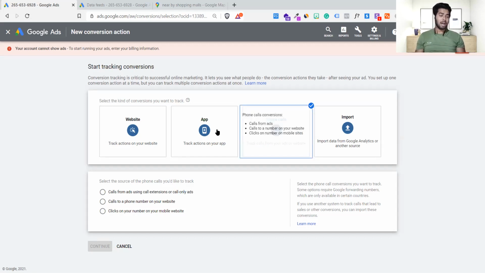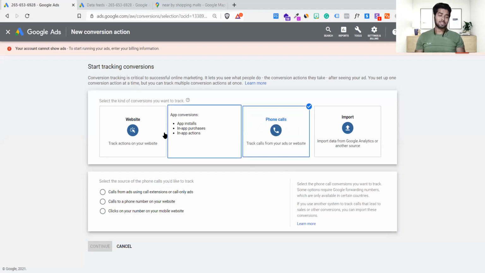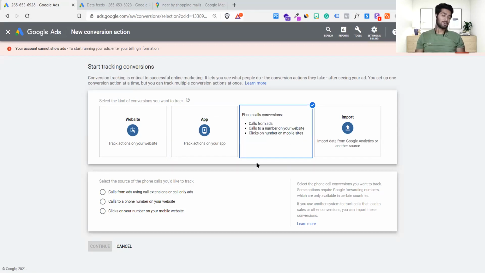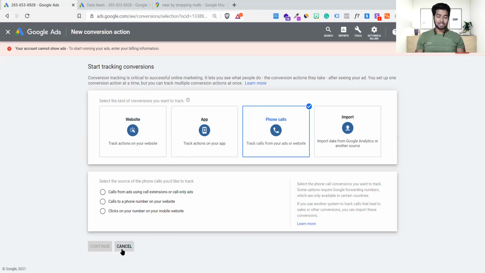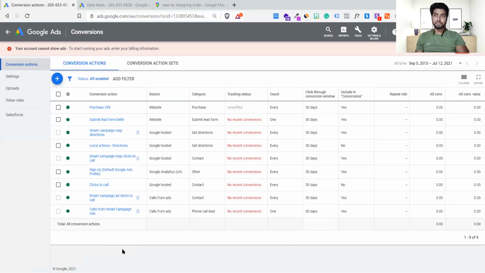So it's a loss for you. That's why I don't use this. I'm not a huge fan of this phone call conversion tracking system, because it's still not accurate. Suppose 15 people are calling me, there are many call drops, because the CRM system is not successful yet. It is not super fluent. If 15 people called me from the call extension, maybe call ads, I'll get only 6 calls perfectly. Other calls will get dropped or disconnected for some weird reason.